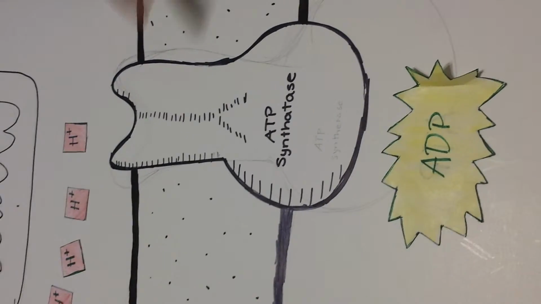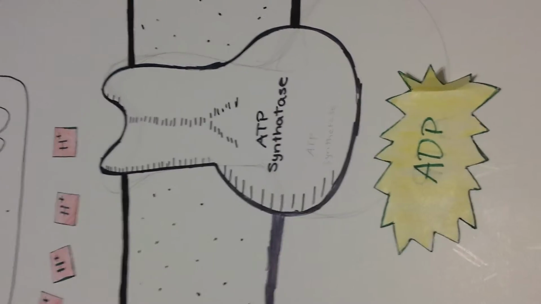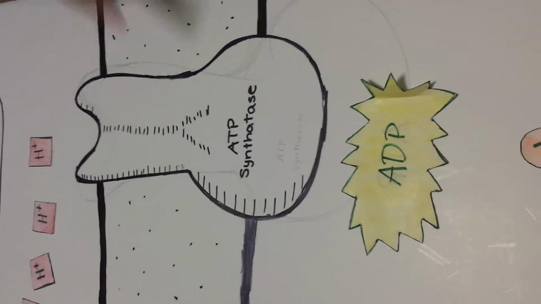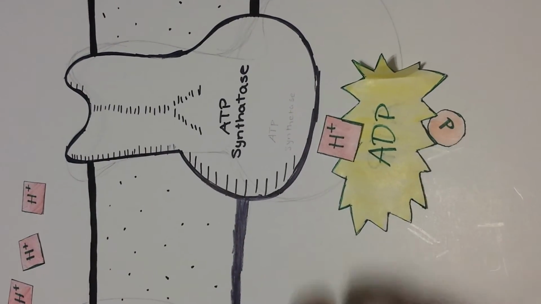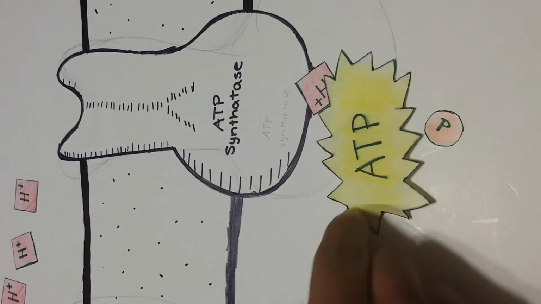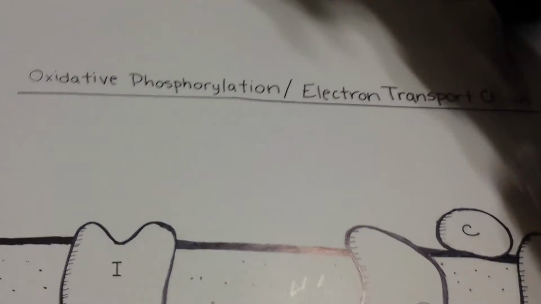The enzyme ATP synthase utilizes energy of the proton motive force to synthesize ATP. This enzyme allows protons to pass back into the cell and couples the energy released in this process to the phosphorylation of ADP to form ATP. This process is called